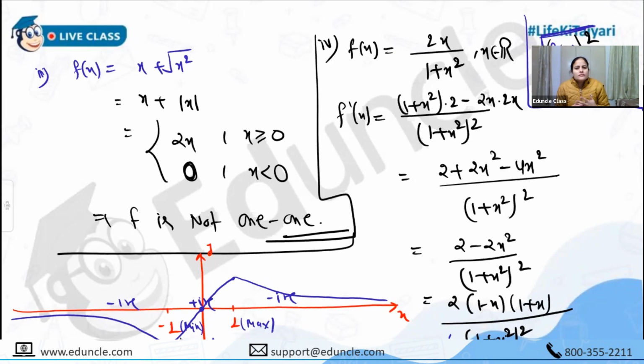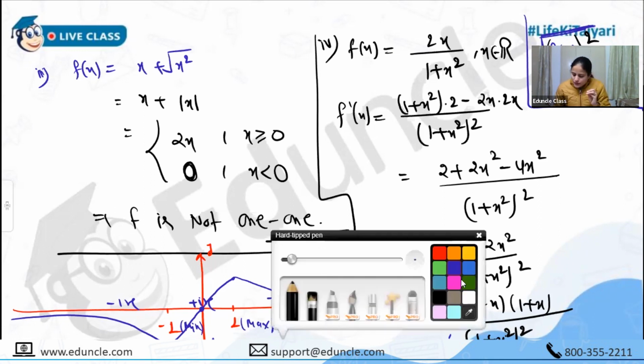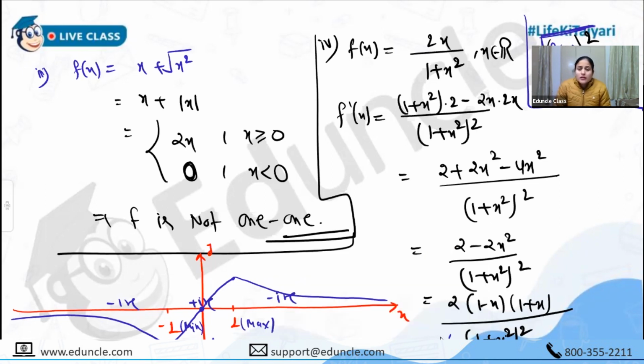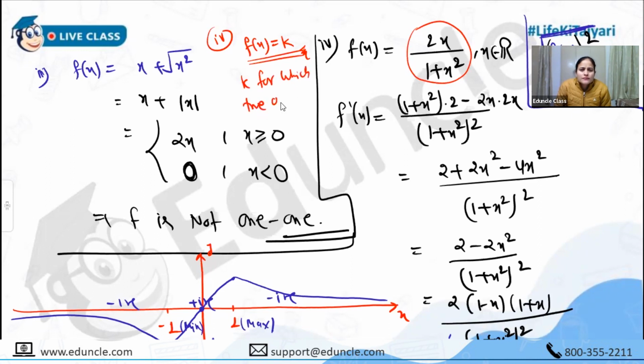Clear to everyone? Okay. Suppose there will be a question in your examination. Suppose in the fourth one f of x is equal to k given, and you need to find the value of k for which this equation has 1 root, 2 roots, 3 roots, like that. Okay. I am asking: find the value of k for which the above equation